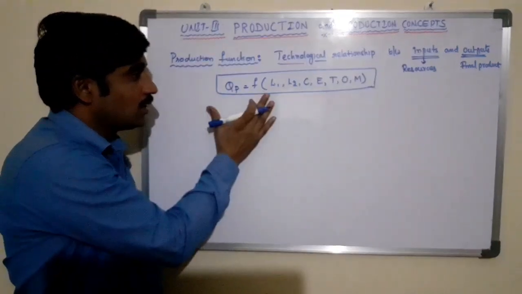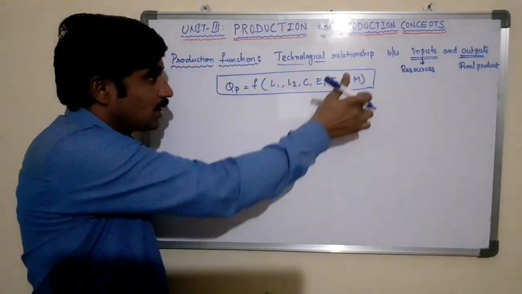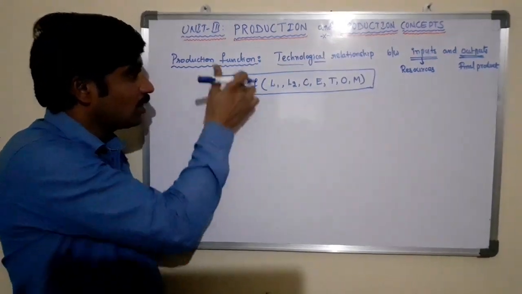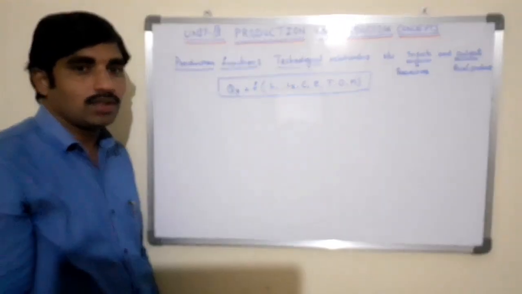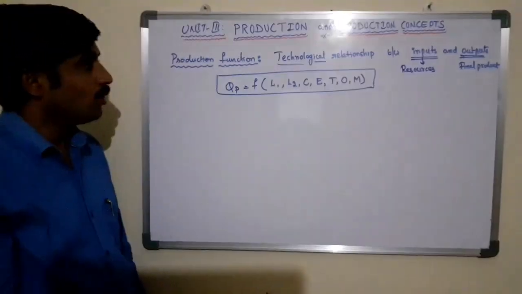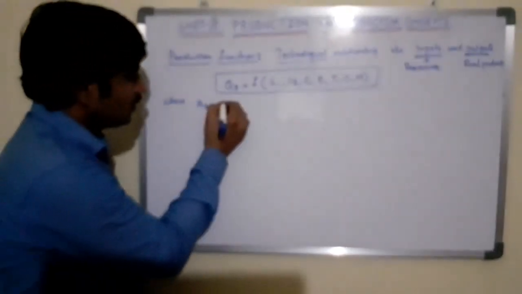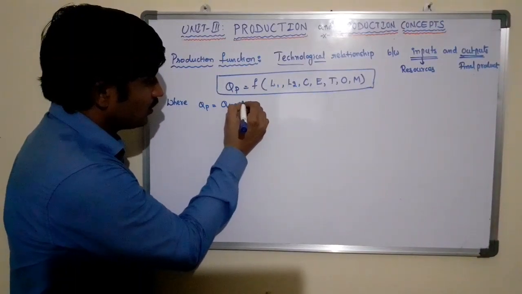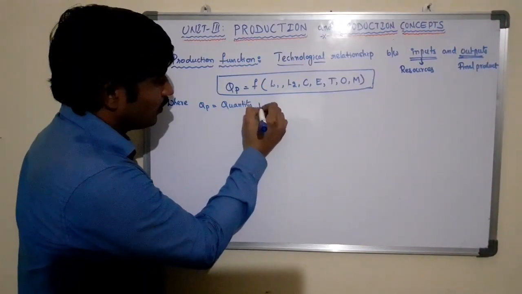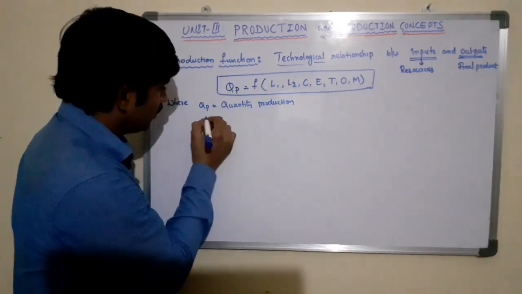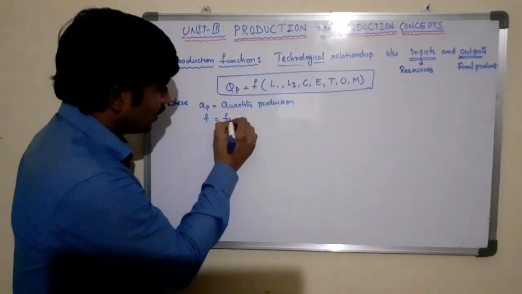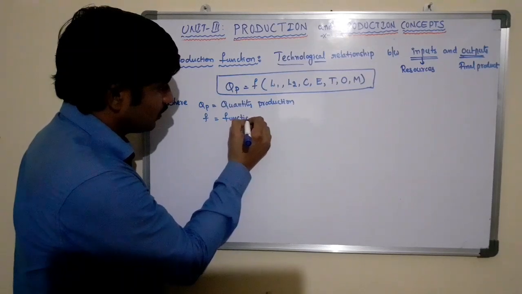The functional relationship between this set of inputs and the quantity of products that the producer produces is known as production function, where QP means quantity of output, or quantity of production, and F means functional relationship,